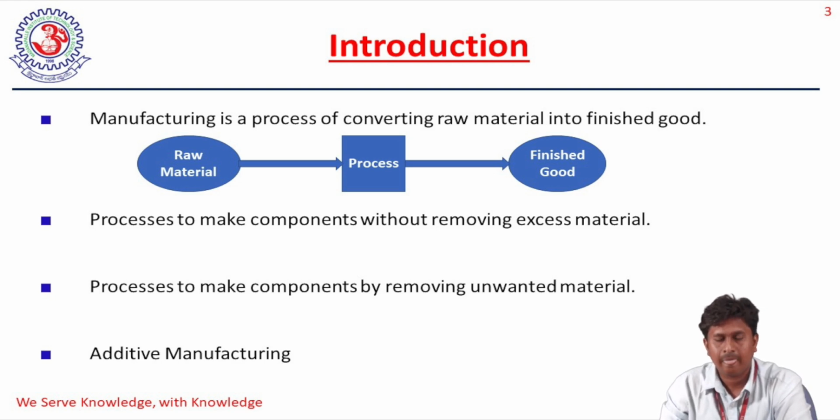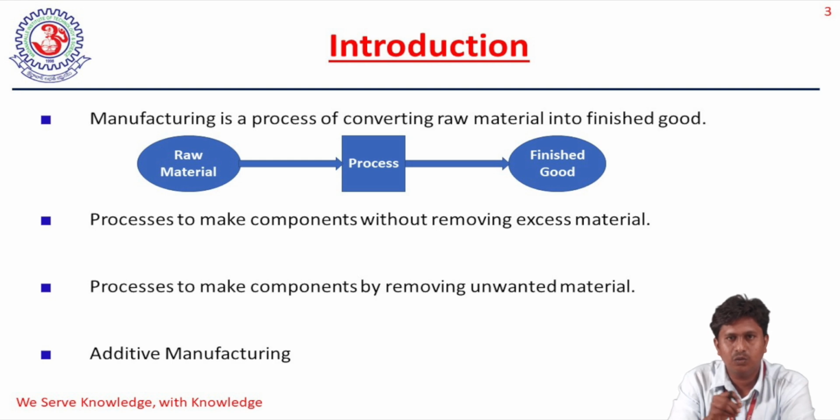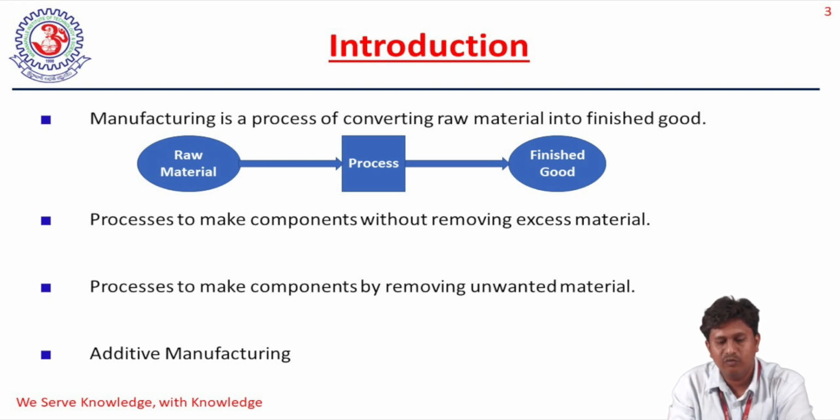So basically, there are different processes which involve making of a component from raw material to useful product without removing any excess material, and other processes to make the component by removing unwanted material from the raw material. So these are the major methods. One is by removing the excess or unwanted material. Another one is without removing any excess material. These are the two kinds of manufacturing processes to convert the raw material into useful or finished